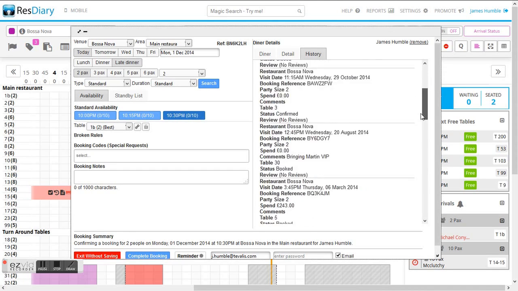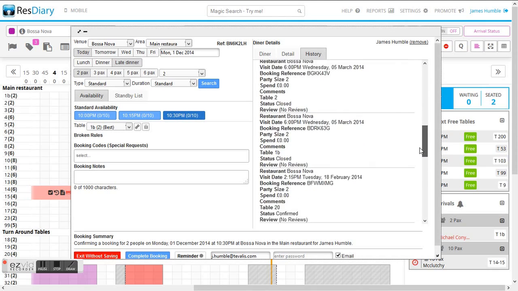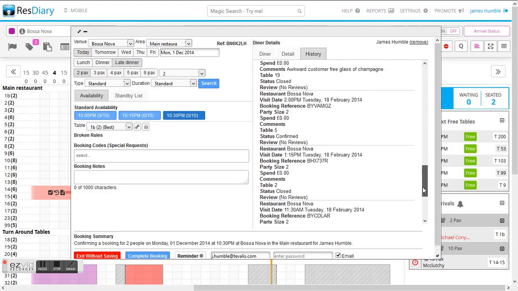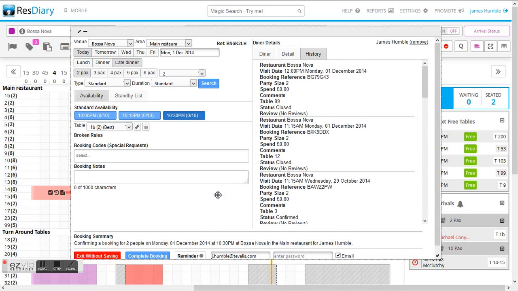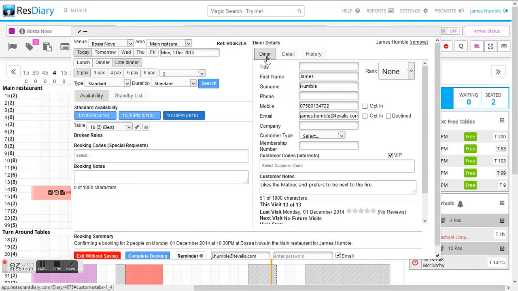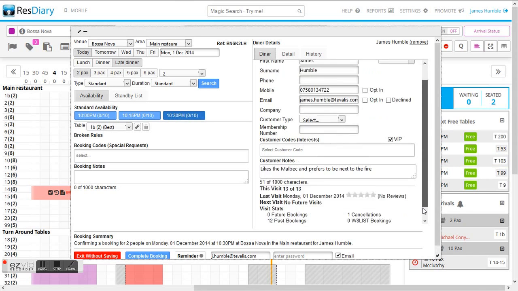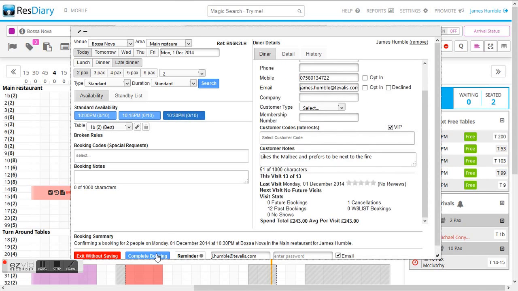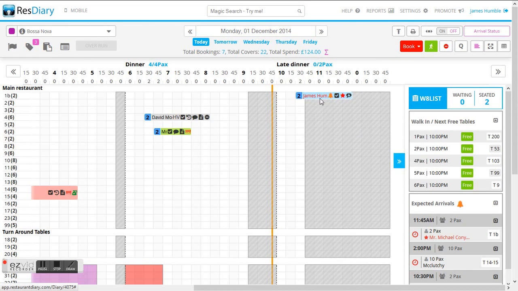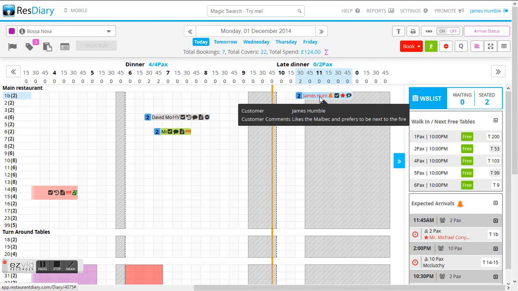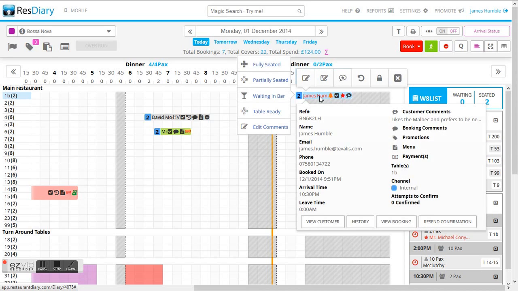We can also search his history, which is important because this history is pulled through once again from the Tevalis point of sale application based on his dining habits and spend history. This allows us to build up a more rounded profile of the actual booker. You can see here now James Humble's been pulled through into the diary,